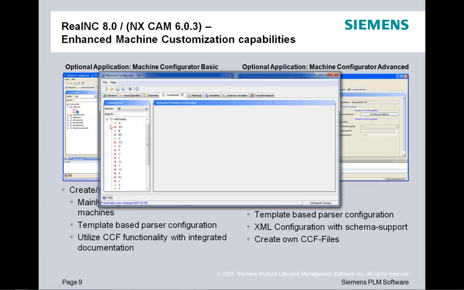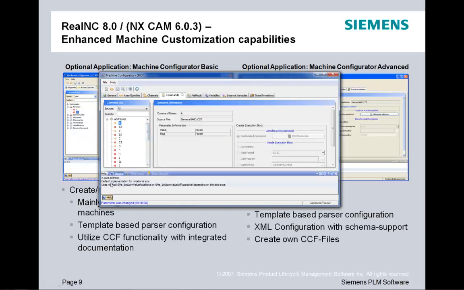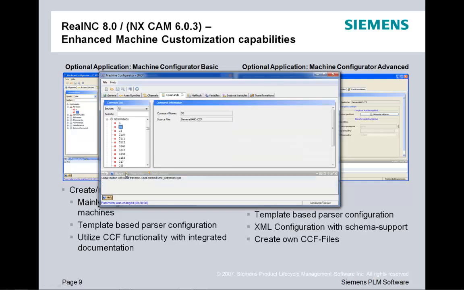The biggest and most comprehensive tab is about commands. So this basically lists all the commands that you can use. So for example, an A address with some help shows you that this is an A axis address, so it allows you, for machines that have an A axis, to program it. Or the letter X is an X axis address, which allows you to use the X command. Then G0 is a linear motion in rapid mode, G1 is a linear motion with feed rate mode, and all the behavior that tells